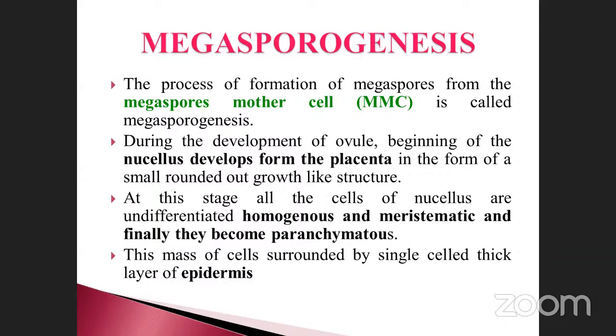What happens during the development of the ovule? In the beginning, new cells develop from the placenta in the form of a small rounded outgrowth-like structure. That is the first initial stage. At this stage, what happened? All the cells of the new outgrowth